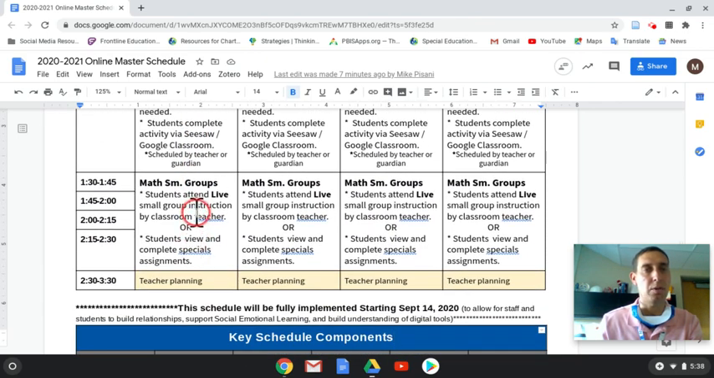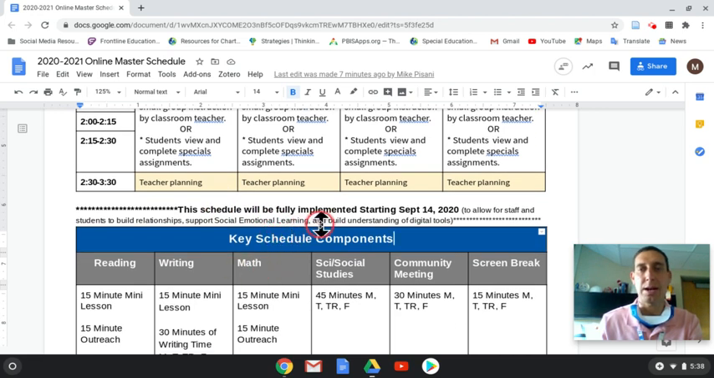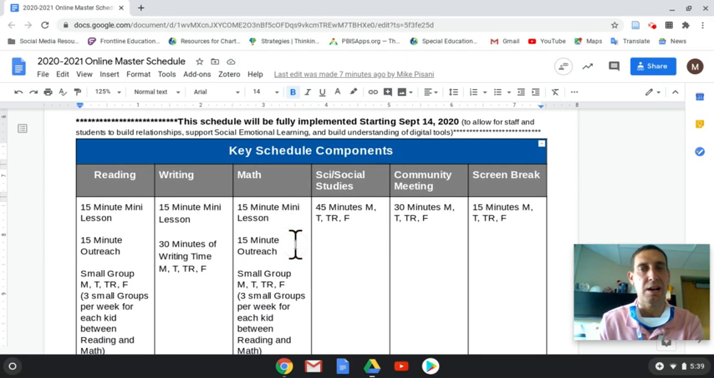Then it's a 1 hour block for math small groups, which again is 2 half-hour blocks, and that's in response to families asking for more live time. Then 2:30 to 3:30 is teacher planning, and we want to highlight that this schedule will be fully implemented starting September 14th. We have told staff that we are emphasizing taking the time to build relationships because it is harder to do in a virtual setting, and so we are purposely setting aside time in these first 2 weeks to do that. And then the very last part is the key components of the schedule that I just went over,